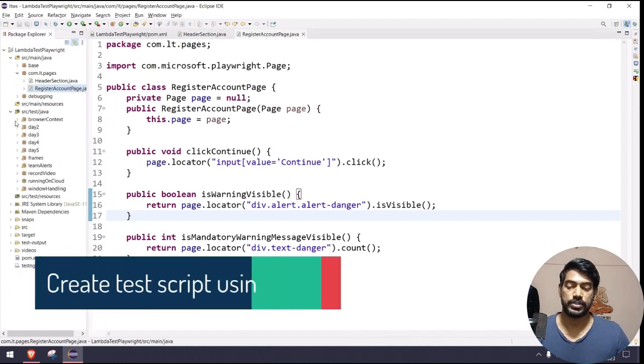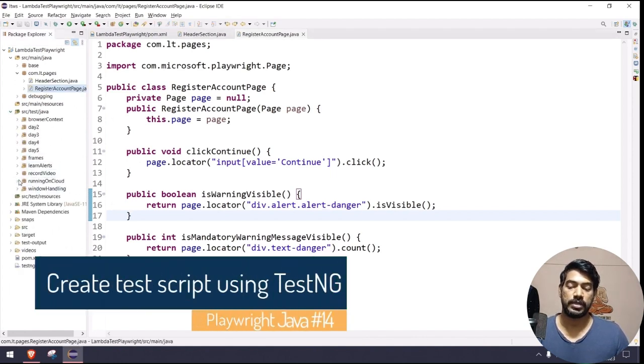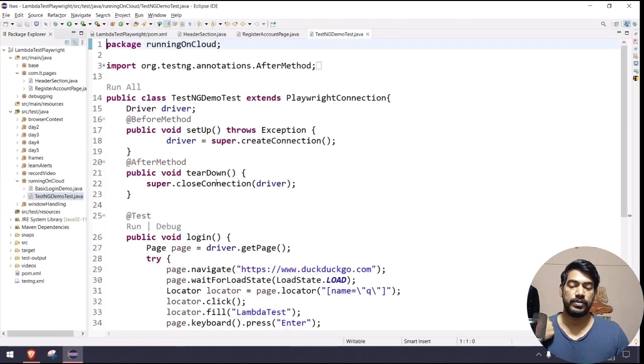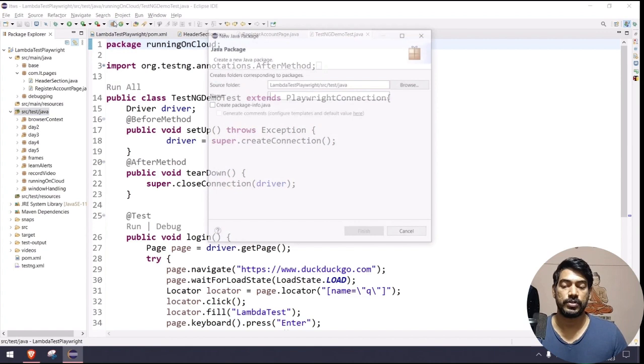Okay, so first of all, if I go to my running on cloud package, you can see we already have the TestNG demo, right? So I'm going to copy the class. I don't want to waste your time, so let's do the copy and paste. But of course I'm going to create a new